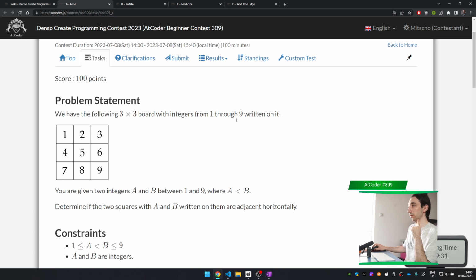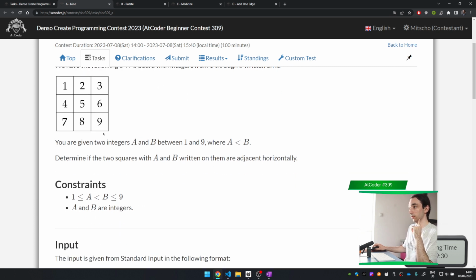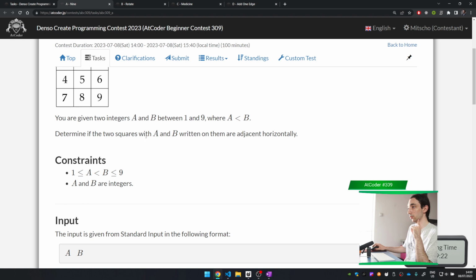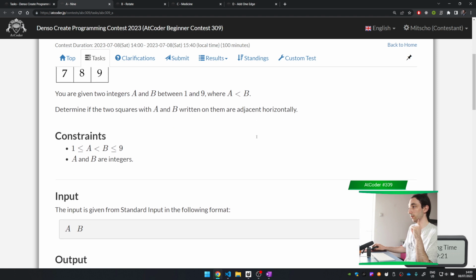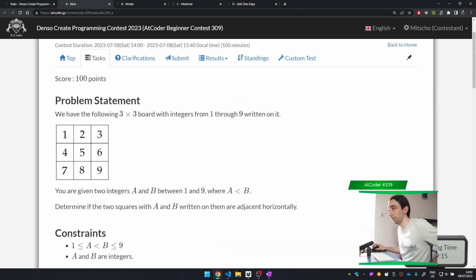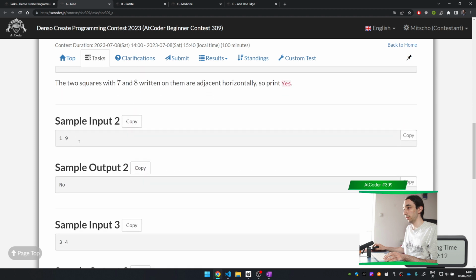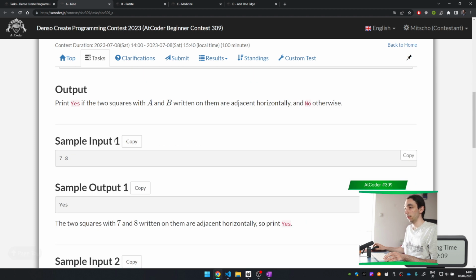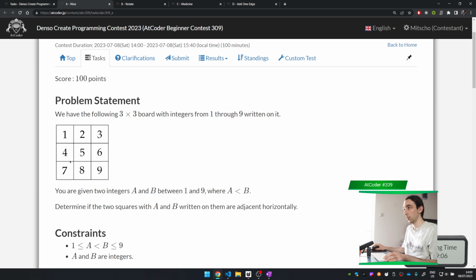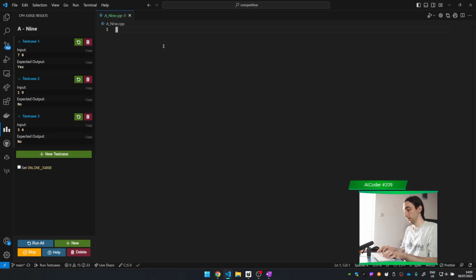We have a 3x3 board with integers from 1 to 9. You are given two integers a and b between 1 and 9. Determine if the two squares with a and b written on them are adjacent horizontally. Horizontally means like this. So if they're adjacent horizontally, it means that the difference is 1,